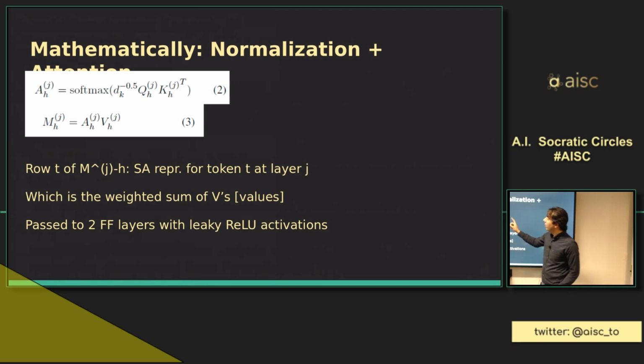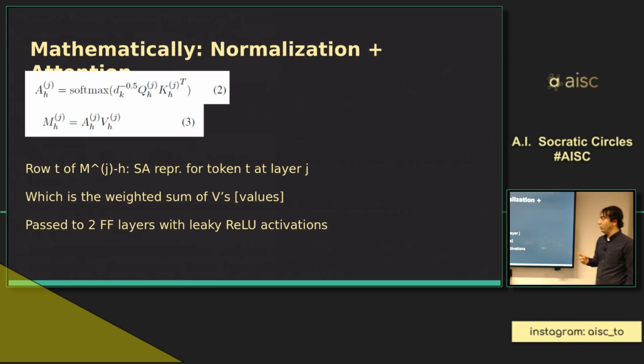So that d to the power of minus half is our scaling factor, and Q and K are our query and key representations, on which you perform a softmax